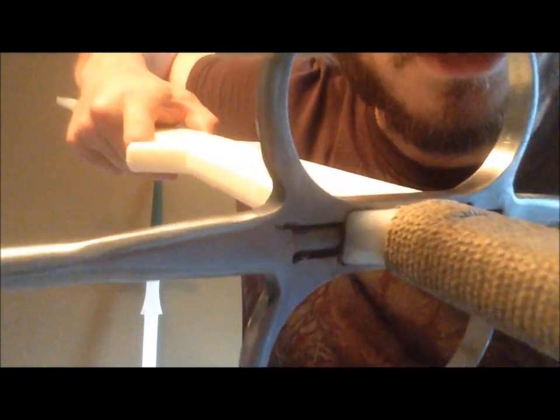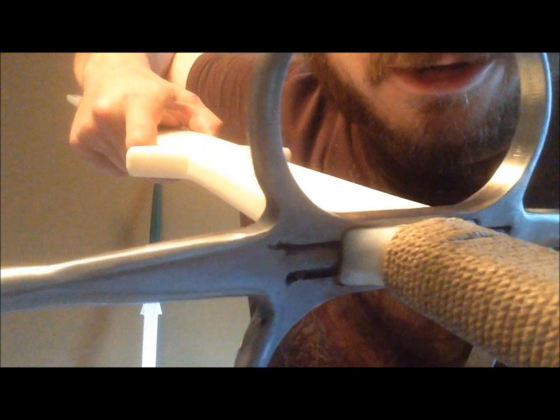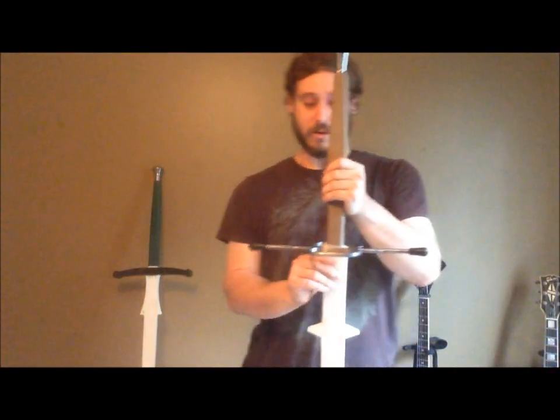If you take a good look here, you'll notice that these rings are very angular on the inside, and I felt that the first day I got it, right here in the thumb. Bled like crazy. It was nasty. So